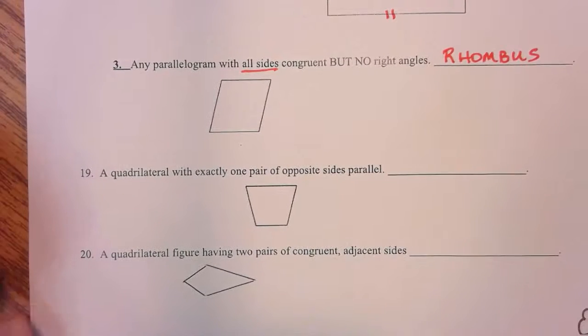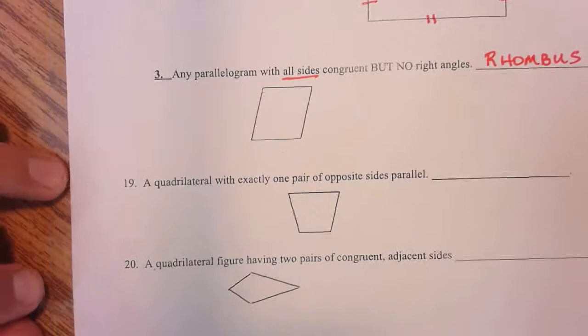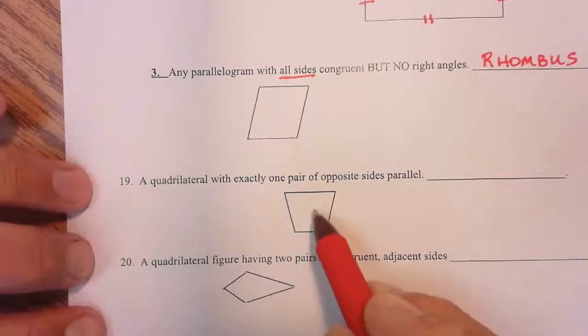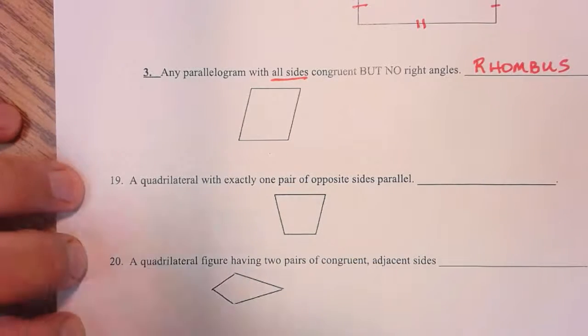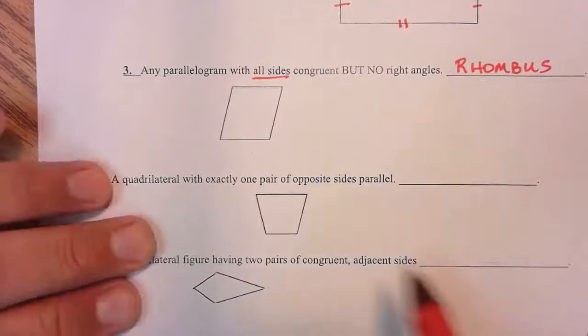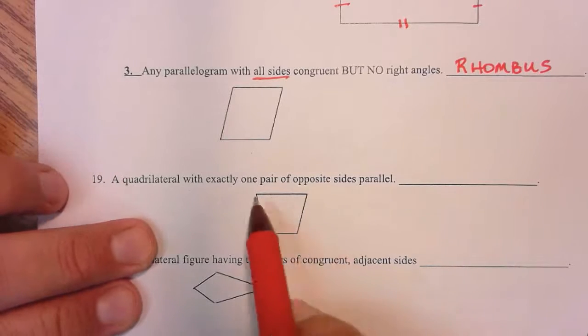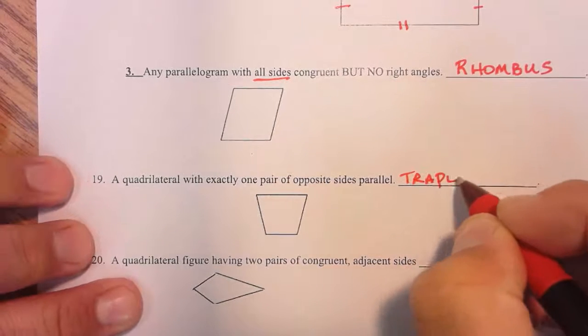Finally, now, this one is not a parallelogram. You notice how I stopped right here and we started a new number. This is not considered a parallelogram because you can see right here, these opposite sides are not the same length. So by definition, this is not a parallelogram. This is a new category of quadrilateral. What this is called is a trapezoid. And what a trapezoid is,